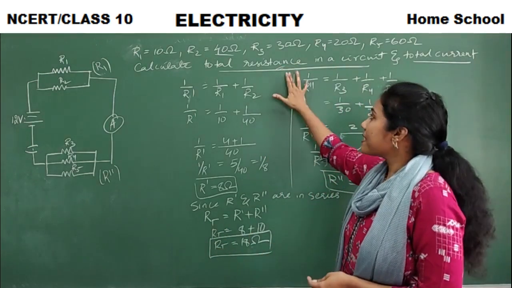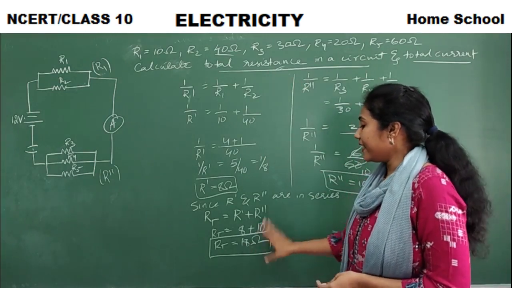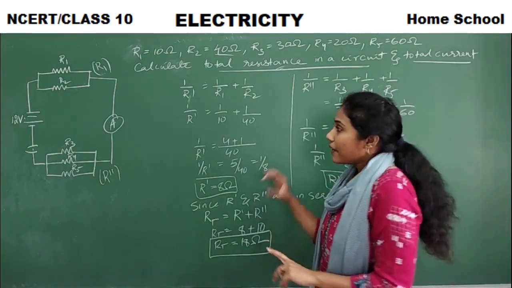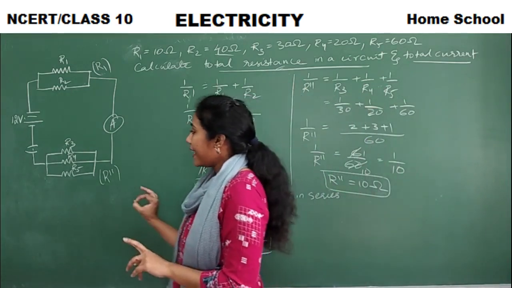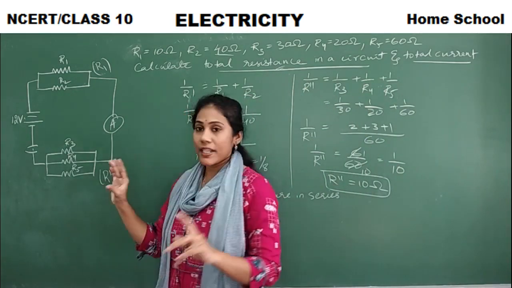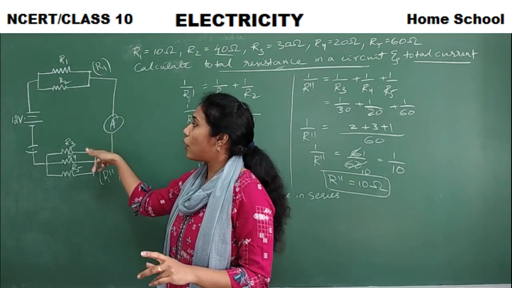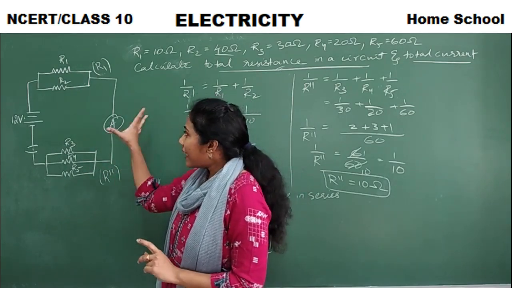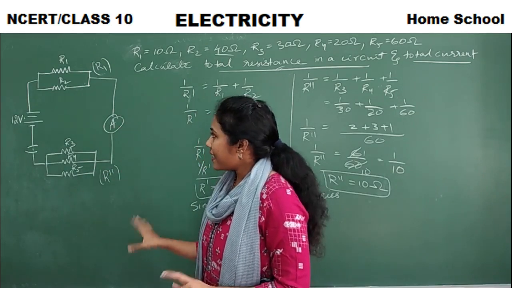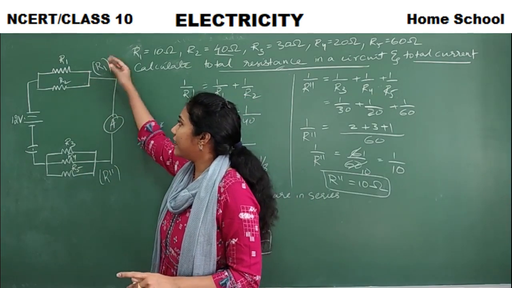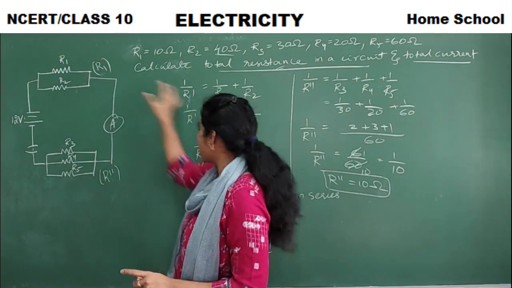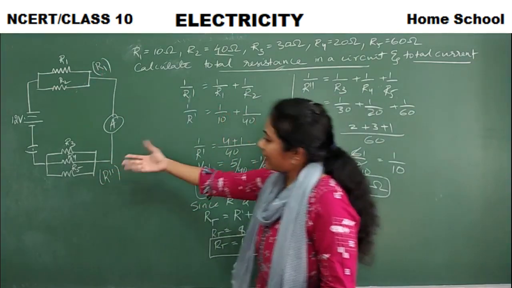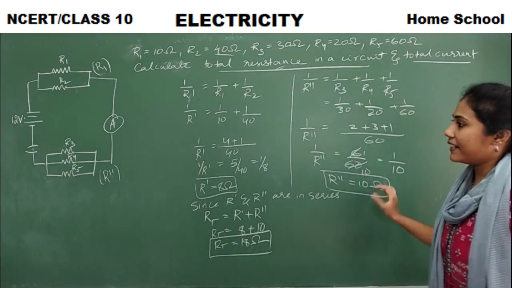Okay, so how much is the total resistance? It is 18 ohms. Got to know the method how we calculated? Everything is there on the concept of observation of the circuit. You should carefully observe the circuit, which are there in parallel, which are there in series. So first try to calculate this combination parallel. So R dash, this way we calculated. Then this combination R double dash, again parallel. This is how we calculated.